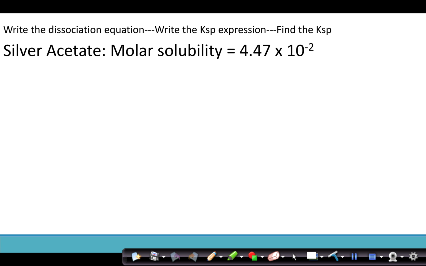If we want to calculate for silver acetate, and now instead they give us the molar solubility instead of giving us the Ksp, we're still first going to have to find the formula. So again, you're going to need to know your polyatomic ions and your charges on your metal and common metal and nonmetal ions. So Ag has a +1, acetate has a -1, which means that my formula is Ag